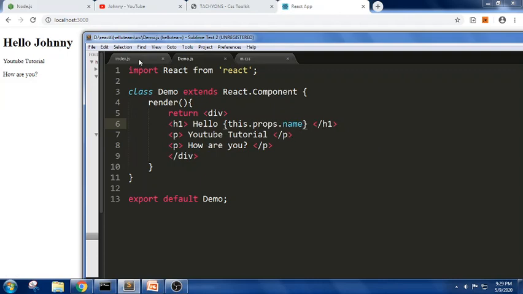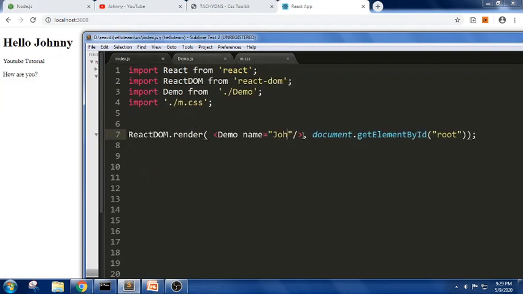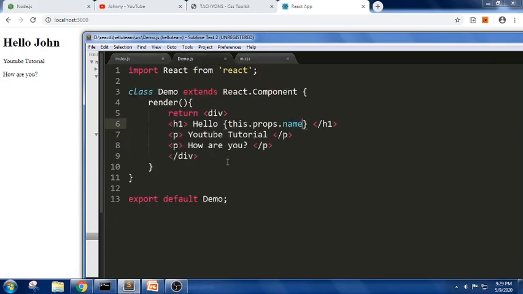Can you see some change? Let me write John here so that we can understand whether it is able to update. Yes, it is updated. Can you see hello John has been updated?